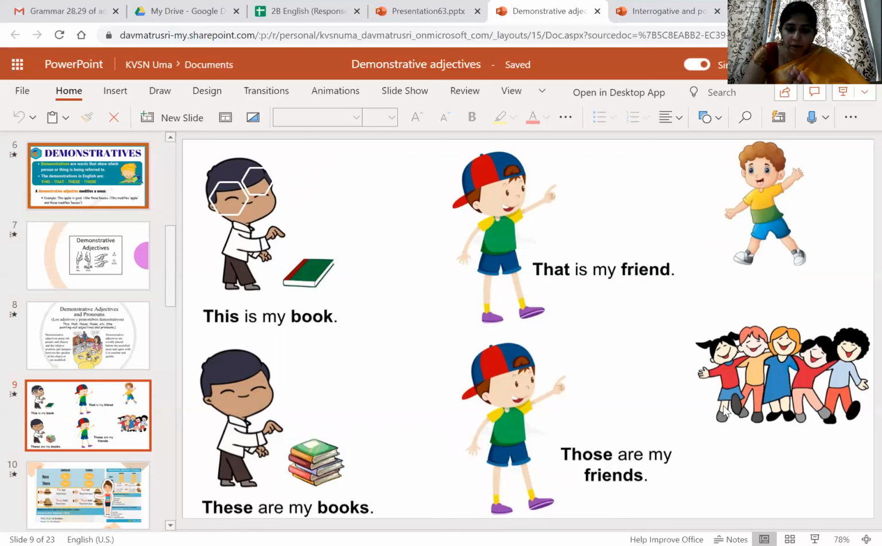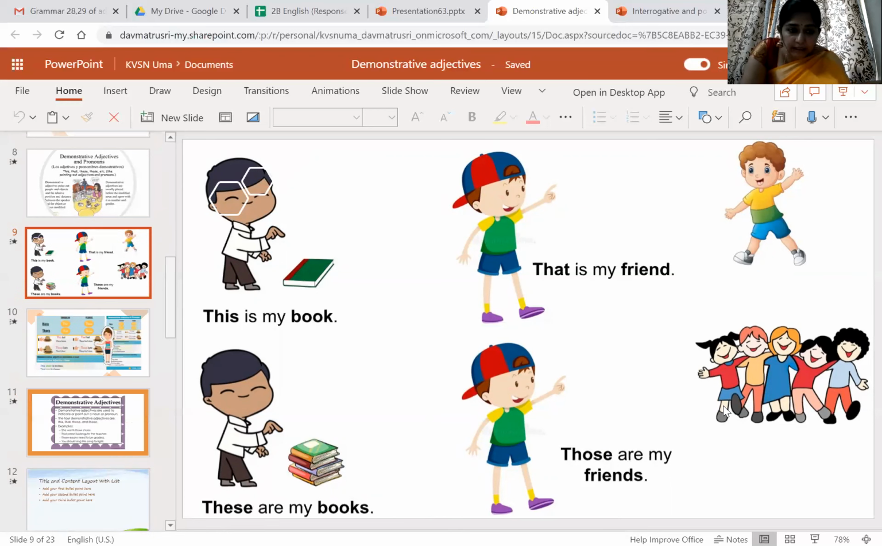This is my book. That is my friend. He is very far. These are my books. They are very near. Those are my friends. They are not close and they are very far. So you use the word those and they are plural in number. So blindly you have to remember this, that, these, those are called demonstrative adjectives in this